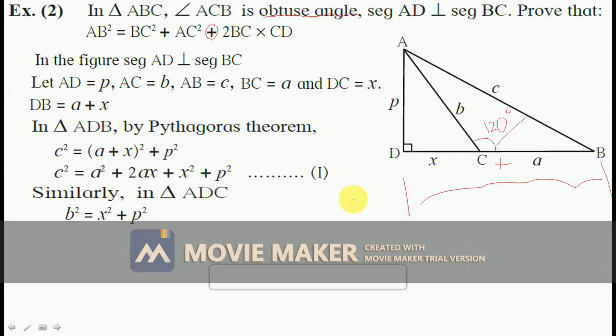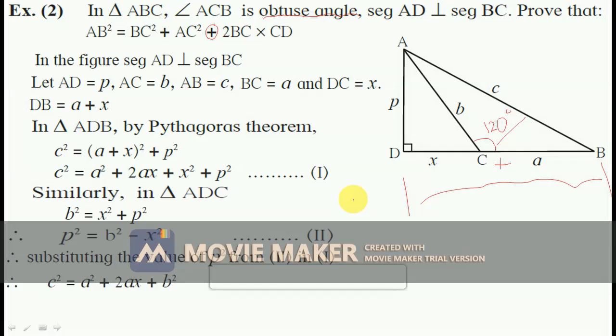What can we take common in it? P square, the perpendicular, is common in both triangles, which is AD. Therefore we can write here p square equal to b square minus x square, and it will be the second equation for the problem number 2 or example number 2. Substituting the value of p square from the second equation in the first equation, then we can write c square equal to